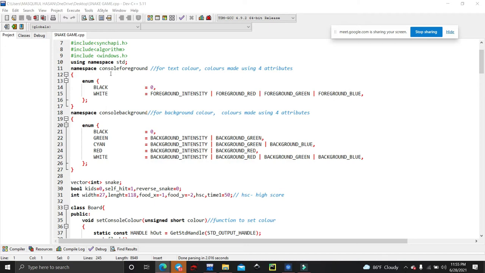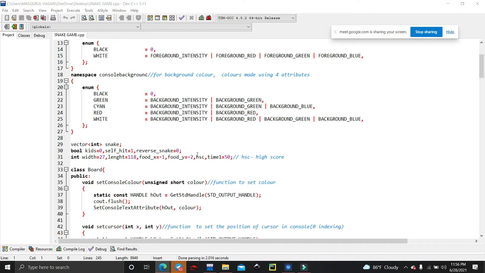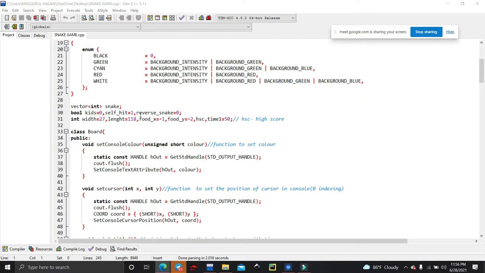Please inform the colors. This black and white is for our display, and also this black, green, cyan, red. These are all included in an enum. Then this is our high score sector. This part works mainly for the high score.